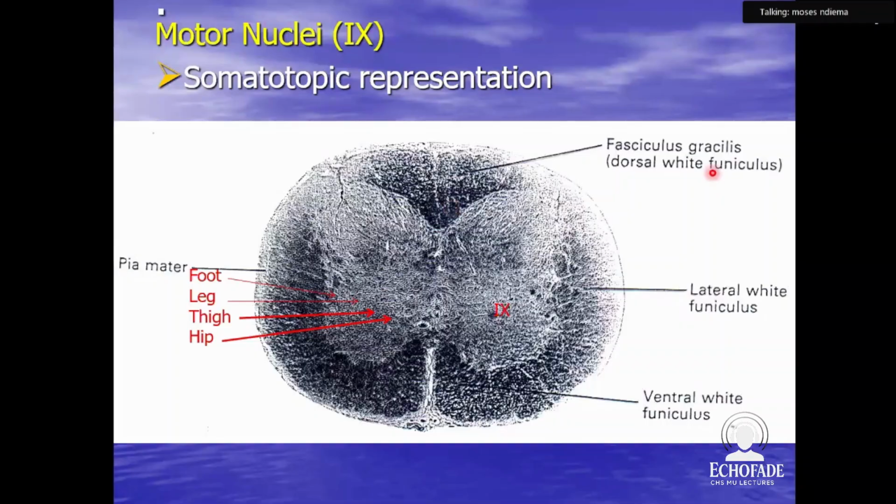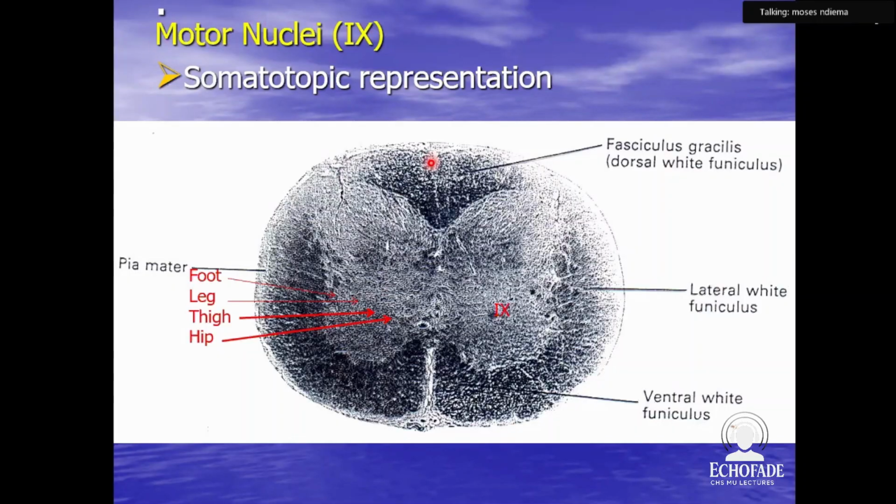We use the word funiculus because it has fascicles. There is the lateral funiculus and the ventral funiculus. So dorsal, lateral, and ventral funiculus of white matter. Let's now look at this dorsal column. The dorsal column contains